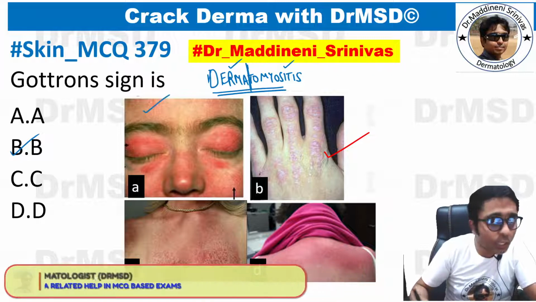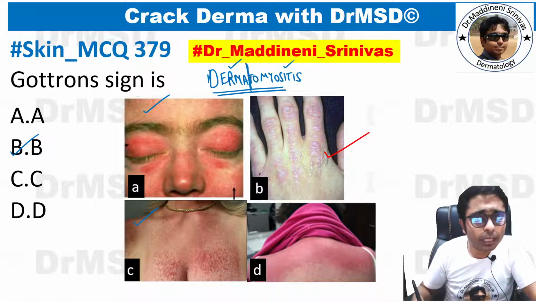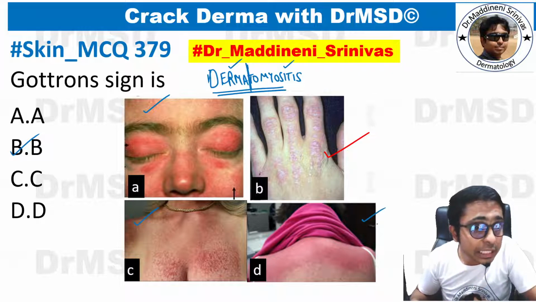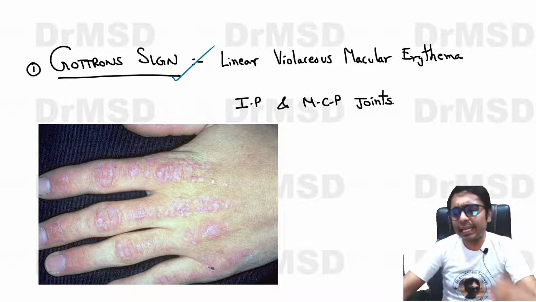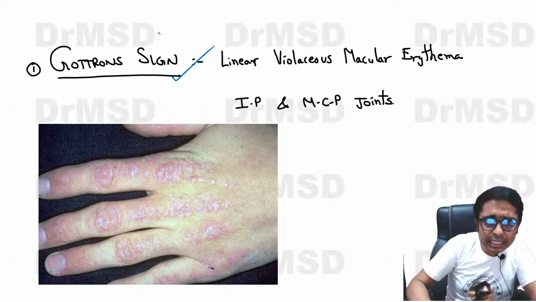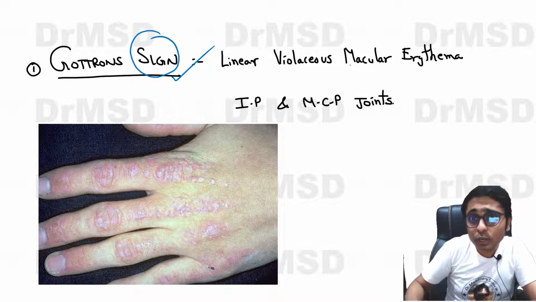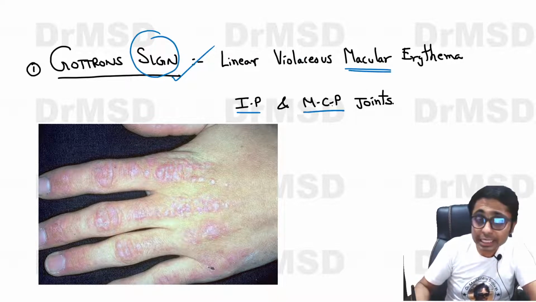Option A is heliotrope rash, option C is V sign, which can be seen in dermatomyositis, option D is shawl sign, all the students. So Gottron's sign and Gottron's papule have a small difference. Gottron's sign is violaceous macular erythema. It is neither raised nor depressed, and this can be seen mainly in the interphalangeal and metacarpophalangeal joints in dermatomyositis patients,